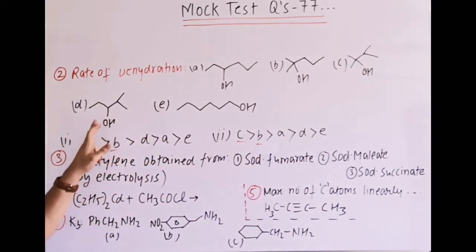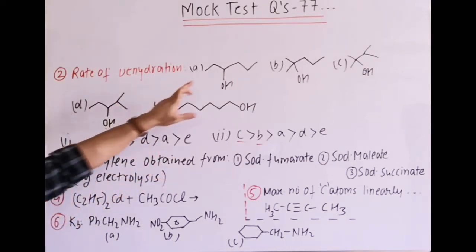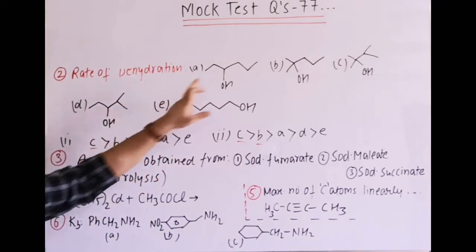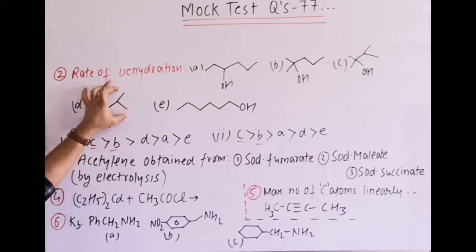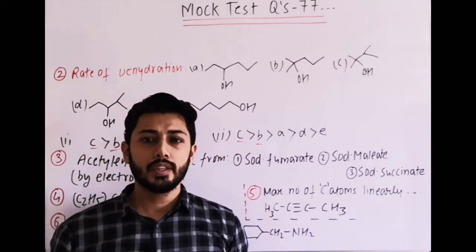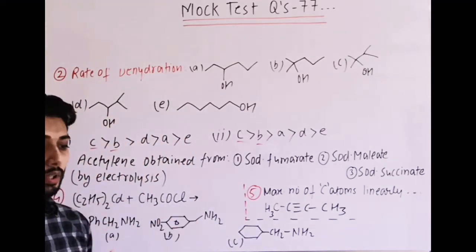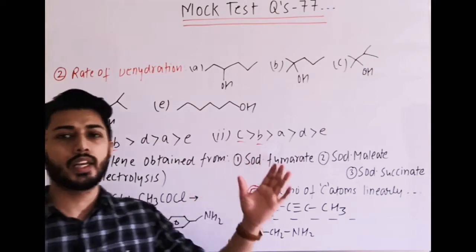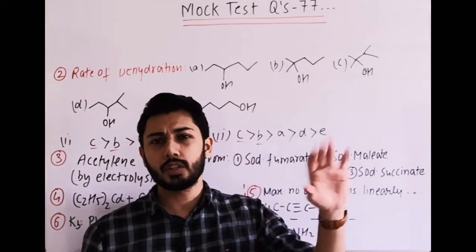Same way here between A and D. A is secondary, D is also secondary. In this case it is 4 alpha hydrogens, here it is 3 alpha hydrogens, but here we can say more branching, or a more branched alkene as the product. So what can we consider here? Like SN1 of alkyl halide, we know that in SN1 of alkyl halide we write that beta branching increases, so the rate of SN1 increases. It is for that part.